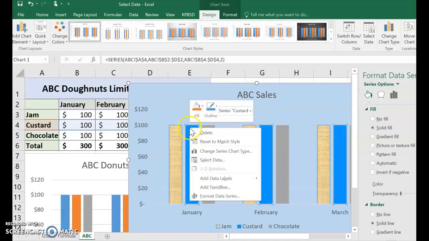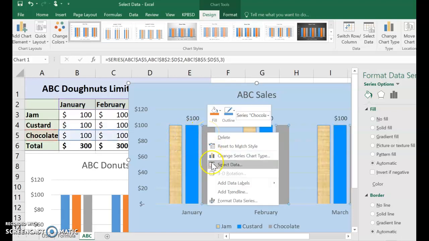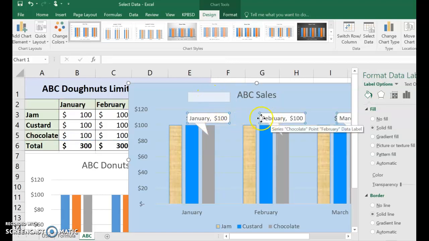I can also right click on it and come down here to Data Labels. I'm just going to add a data label so it appears right above it. I can right click on it, add a call out. This will give it this information, so I can put it up here. Let's see. Click on it, hold it, drag it up,